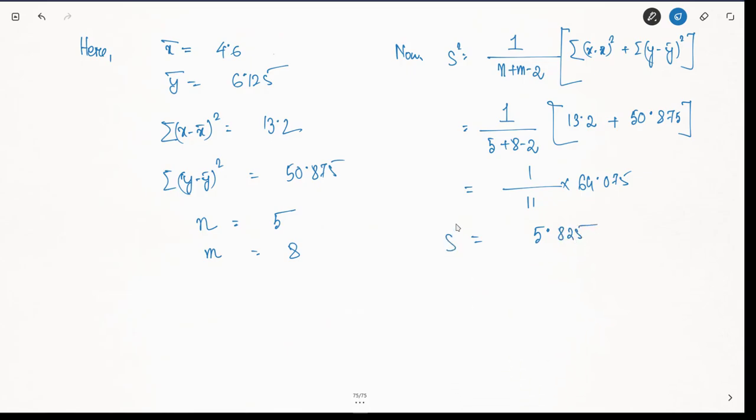So this is the value of s square, but we need s, so s will be root over